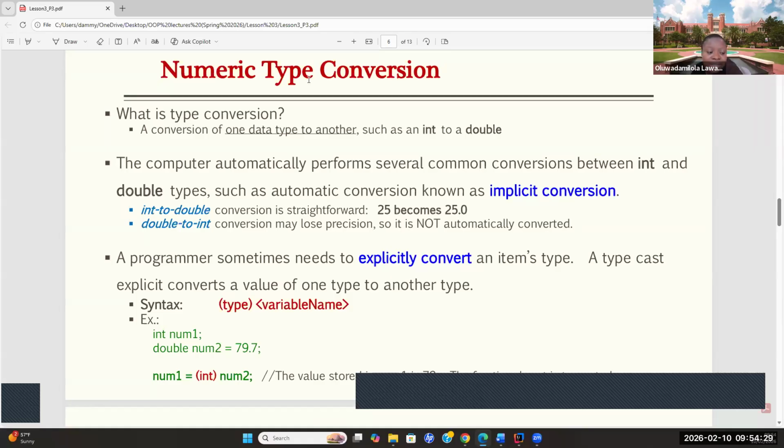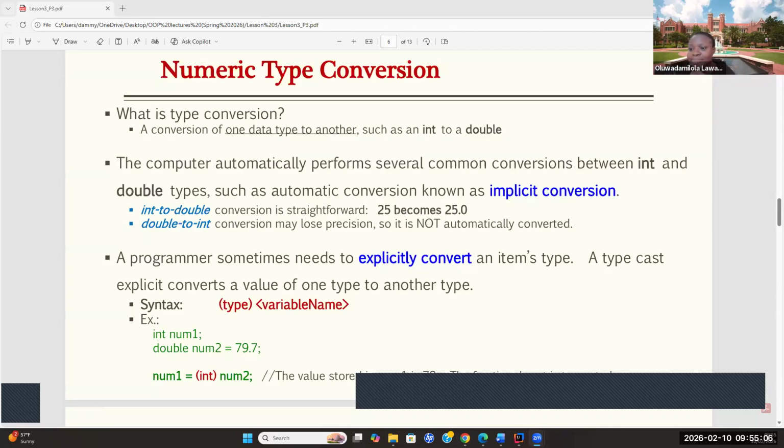When we talk about numeric data types, what are we talking about? Anybody willing to share that? Please use the chat. You can unmute yourself. What are numeric data types? Anybody willing to share? Please don't make this class boring today. You can use the chat. What are numeric data types? When we say numeric data types,